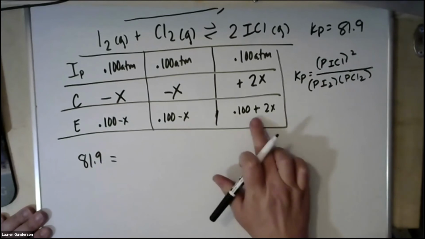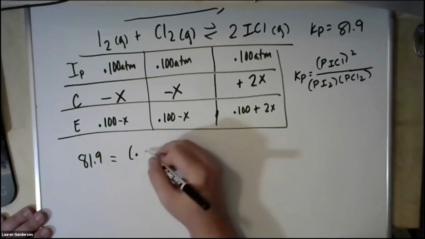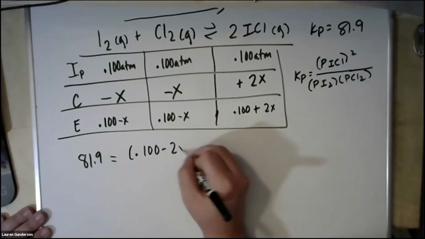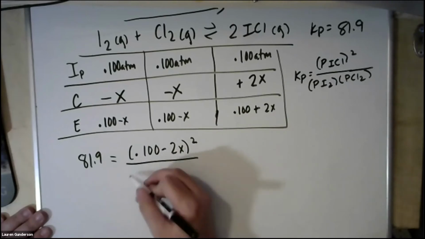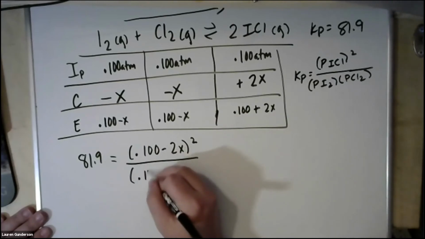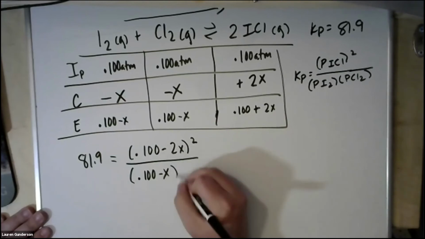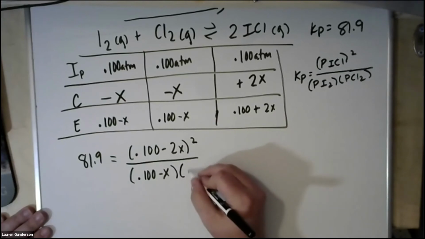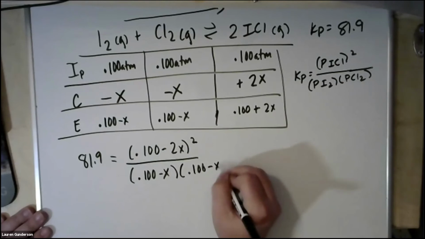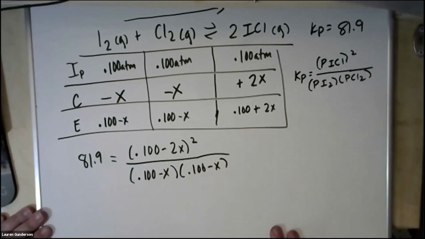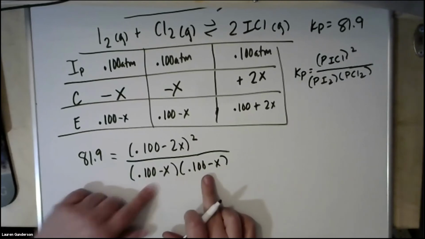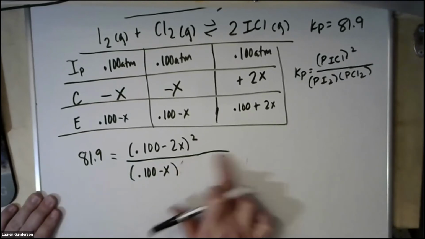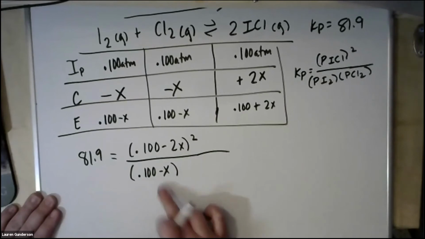That's going to be equal to this value squared. So 0.100 plus 2x squared divided by 0.100 minus x divided by 0.100 minus x. Okay, I'm going to rewrite this since these are the same thing. I'm going to rewrite this expression as 0.100 minus x squared,